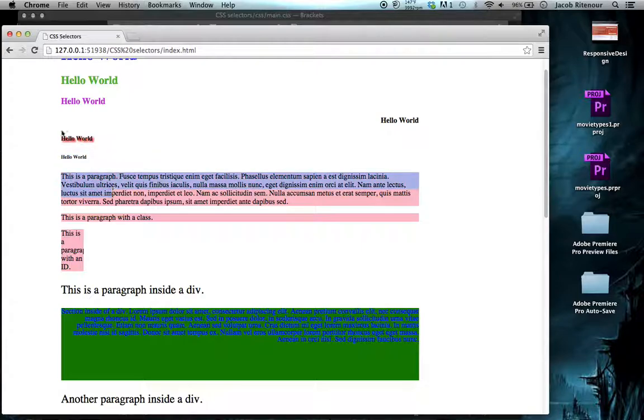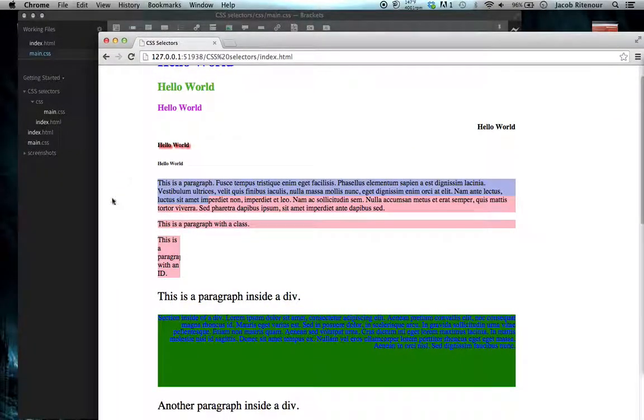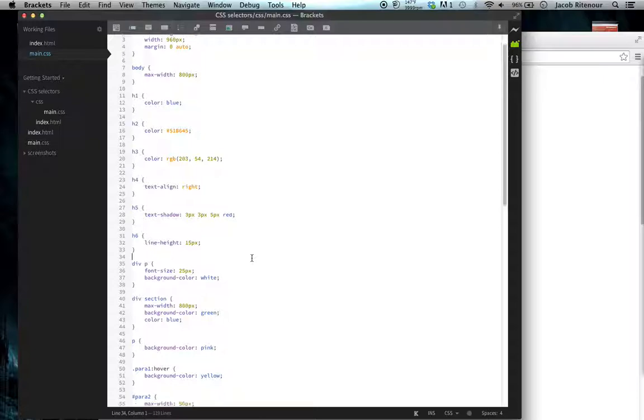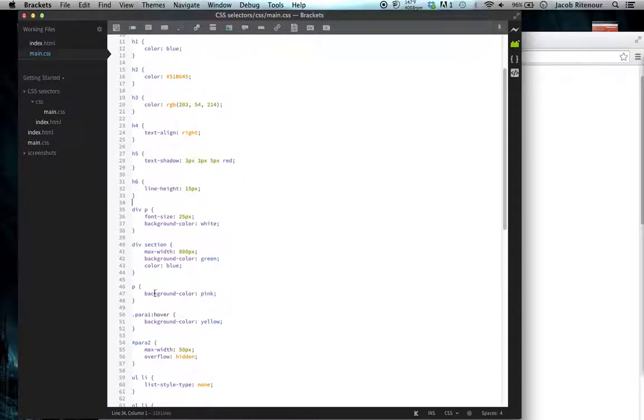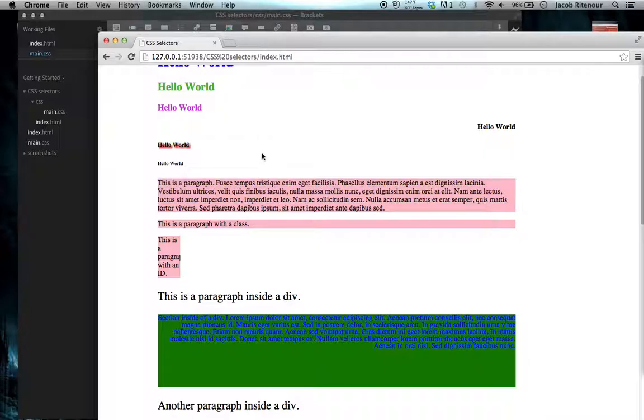This one is my first paragraph, or my first paragraph CSS. And my first paragraph CSS literally just has a background color of being pink, right? So that's what this is. Now, my paragraph with a class,